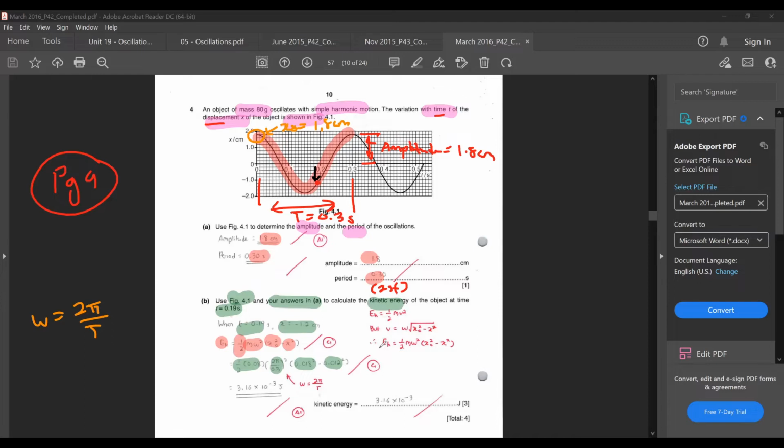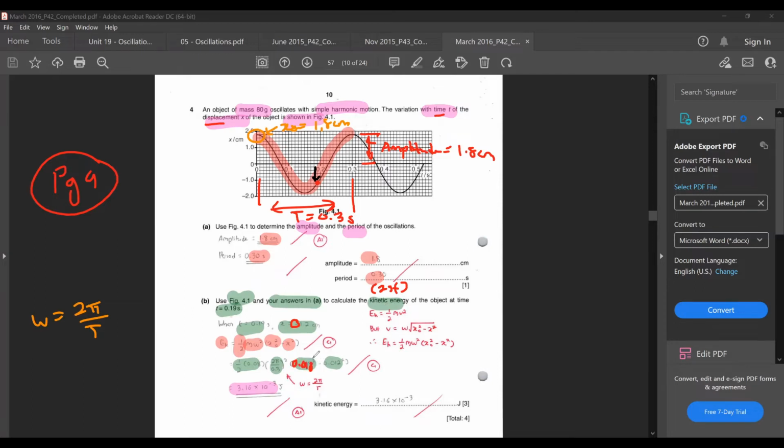So you will eventually get your answer as 3.16 times 10 power minus 3 joules. When you are talking about t equals 0.19 second, and you saw that there's a negative for your displacement, it actually doesn't matter, because eventually you square it, so the negative will disappear. So that's why here you notice that I just wrote